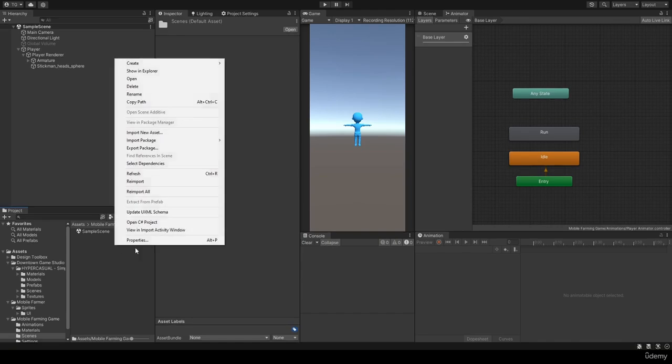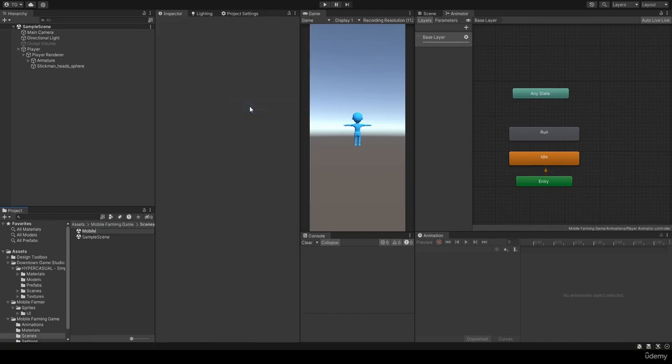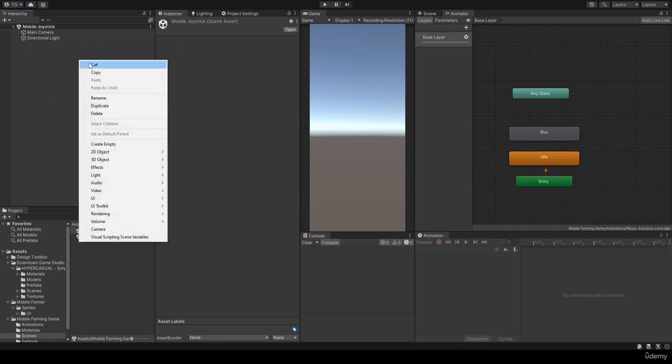Okay? So let's right click and create a new scene. Let's call it mobile joystick. This will also allow me to extract this joystick as a package and deliver it to you so that you can use it in your own projects. Awesome, isn't it? Cool. So the first thing we want to do right here is right click in the hierarchy,